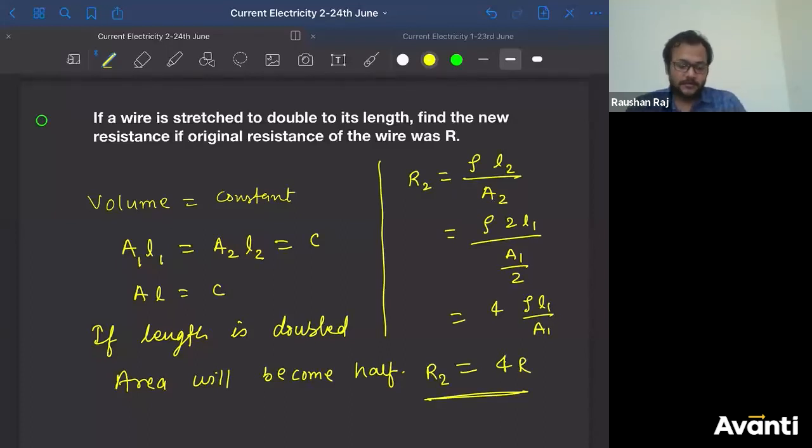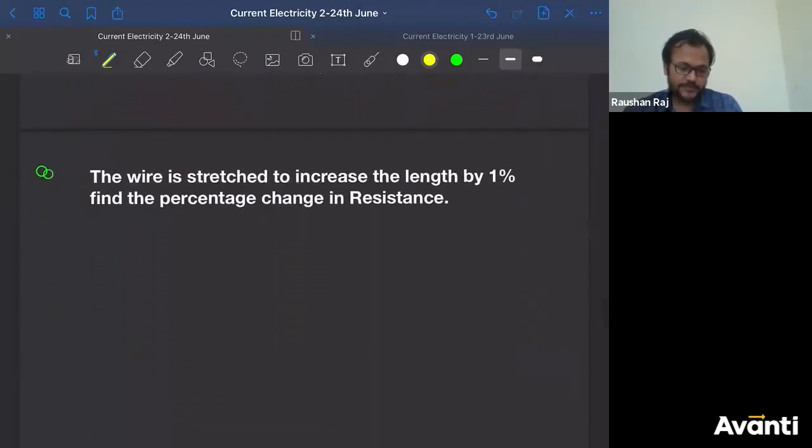So I can see 50% of you have got the correct answer, not more than that. Others, you got confused, you have got the incorrect answer. Few of you were saying R by 2. Few of you were saying 2R. कुछ लोगों ने same भी बोला. So that is not the correct answer. ये हमारा correct answer है. चलो, now let us move on to next question.